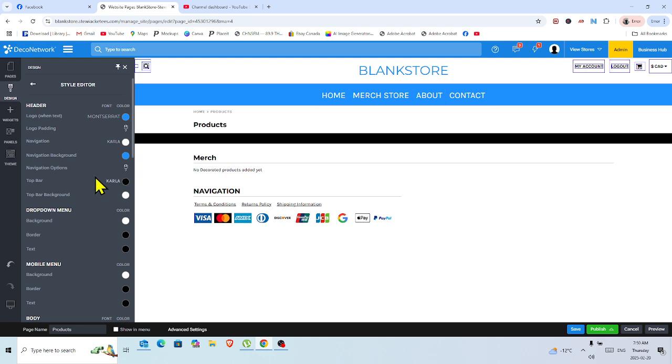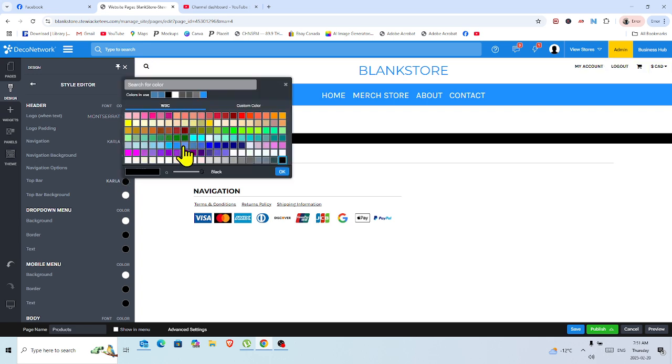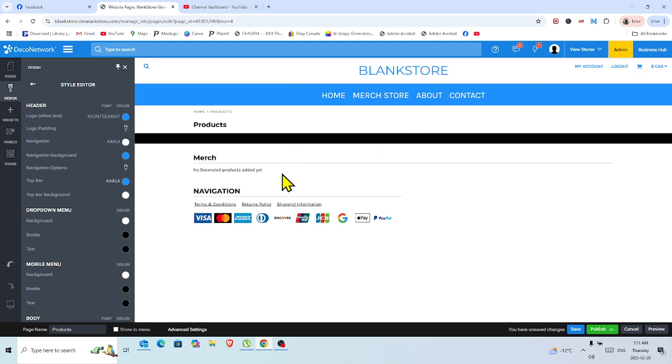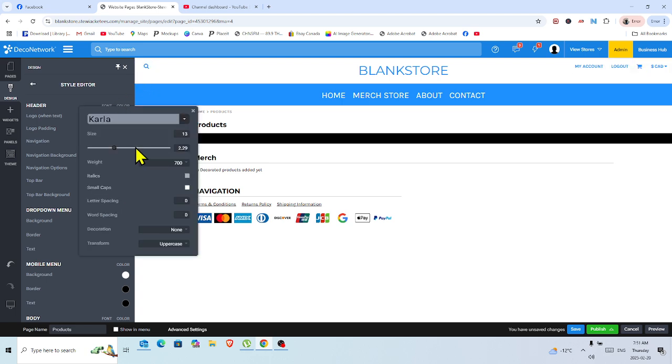So where are we? We're at the top bar right here. You can see it highlighted up here. If you don't change this, it's going to be very small on your phone. But the new templates, I might have these all changed. So let's take a look here, top bar. You can leave those black or change the color. I'm going to put mine to Dodger Blue. Now I change that to Dodger Blue. You can change the font,